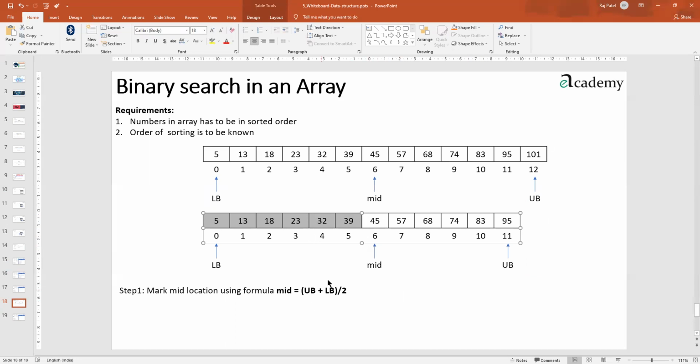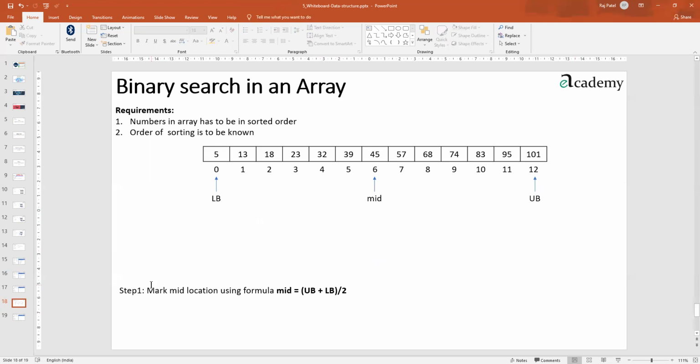So let's see what this formula says. It is 11 plus 0, 11 divided by 2 is what? Don't tell me 5.5, because they are integers. So it comes to 5. So 5 will be considered as the mid location. That is okay, and we have to just see whether this formula works or not. Moving on further. I just delete this for now. You may note it down in your book if you want to.